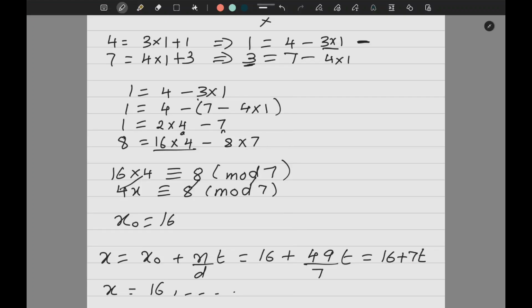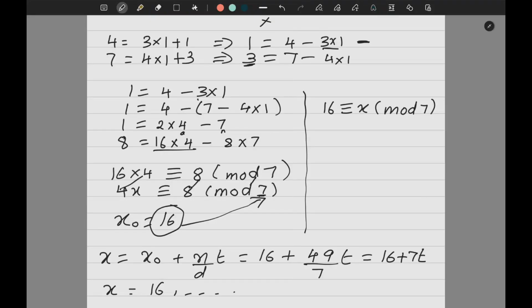Now here I will tell you one more thing. Always remember one thing, when you get your answer, this I told you in video 1 also, when your answer is big, especially if it is bigger than your mod value, then there is always a scope of reducing it. And it is much better if you reduce and then write down the answer. Like here in this particular question, I should reduce 16 because it is more than 7. So even if I don't reduce, it will be correct. But the best practice is to reduce it. So how I will reduce 16? Congruent x mod 7. I don't prefer to have the big answers and negative answers.